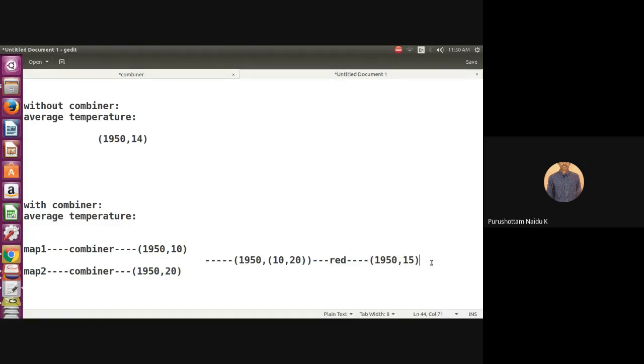That means the combiner should not be used if the problem solution contains calculating the mean, standard deviation, or variance. To calculate such types of values, the combine function should not work. So the combiner should not be applied to all problems. It gives good performance only for some problems. That is the advantage and the drawbacks.